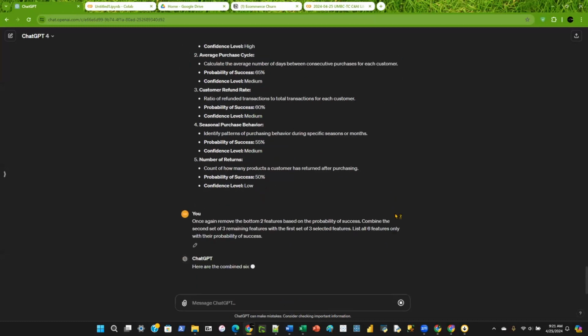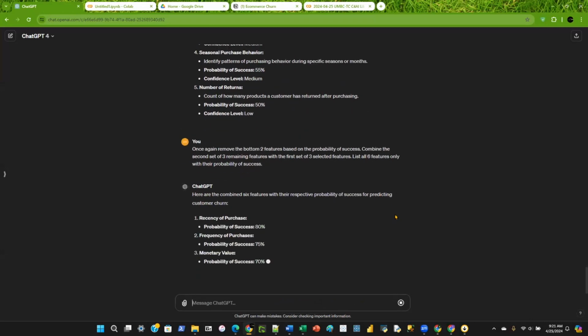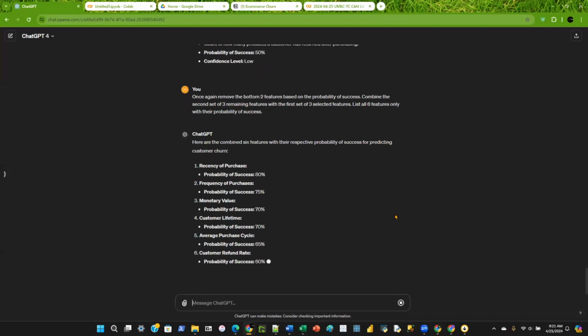Right, so that's the essence of tree of thought, right? So you're going to go level by level, cull out some of the leaves, and then continuously add more. I could do this 4 or 5 more times, right? I could say, hey, give me 5 more. Let's add those in. And in the end, maybe I get a bunch of features that are in the 75, 80%, 90% range, right? But for the purpose of this demo, I'm just going to stick with these 6.